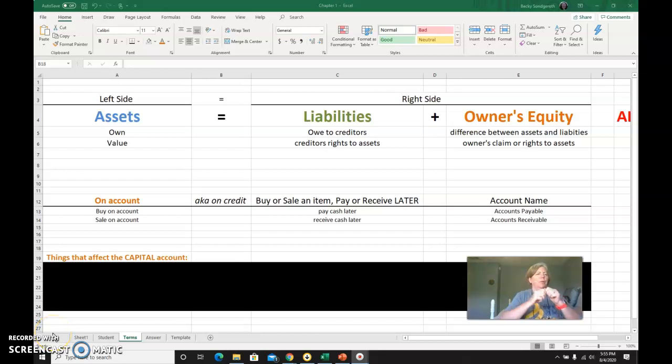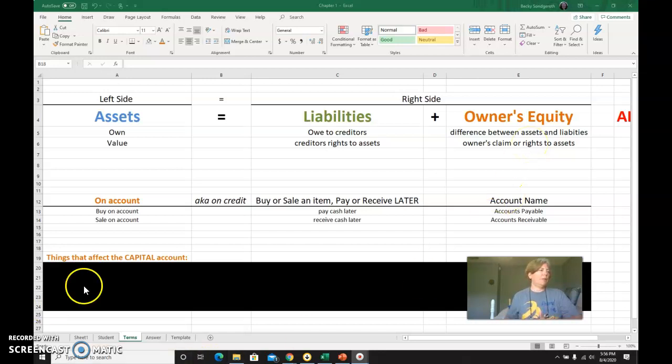Let's start by reviewing a little bit from section 1-1 and 1-2. In section 1-1, we talked about the accounting equation, and I told you it's the most crucial thing to me by far. So assets equals liabilities plus owner's equity. Assets are things that we own, like cash, prepaid insurance, supplies, accounts receivable. Liabilities are things we owe, and accounts payable is the only one we'll have this trimester. And then we have owner's equity, which is the difference between assets and liabilities and is our claim to the